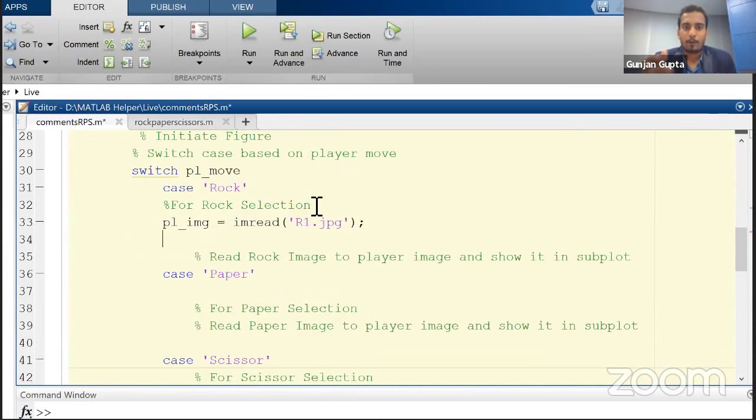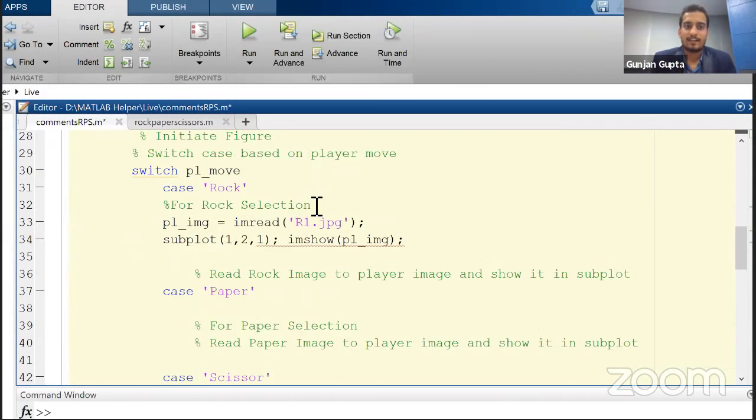Next, we will be plotting it. Now we need to showcase in the 2 portions. So the left portion for the user. So I'll be using subplot 1, 2, 1, 1 row, 2 column, and then first plot. And the plot would be of player's image. We also want to showcase what exactly the player selected. So I'll be giving it a title, player choose rock.